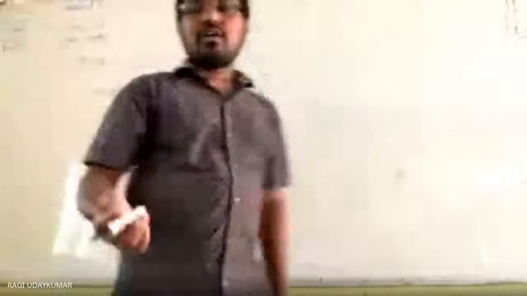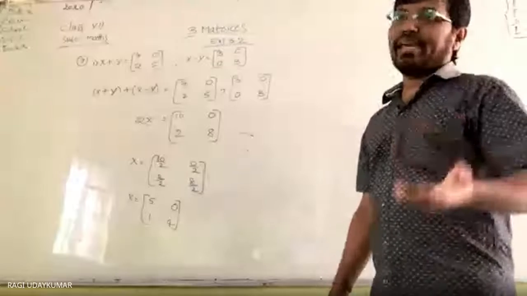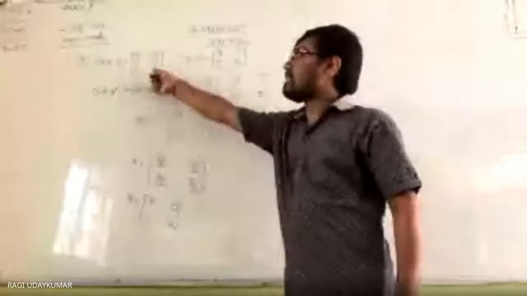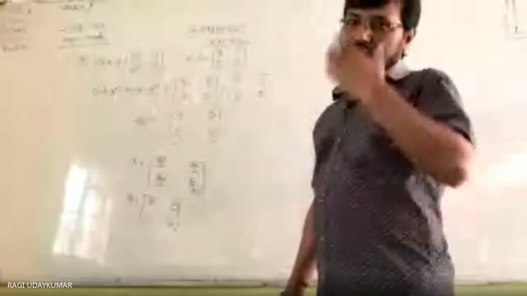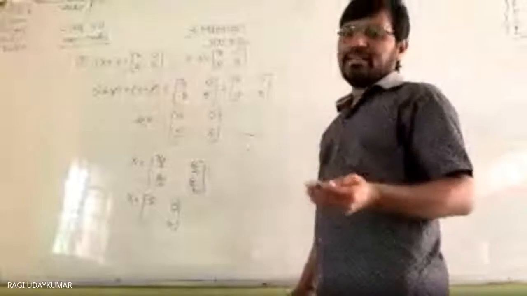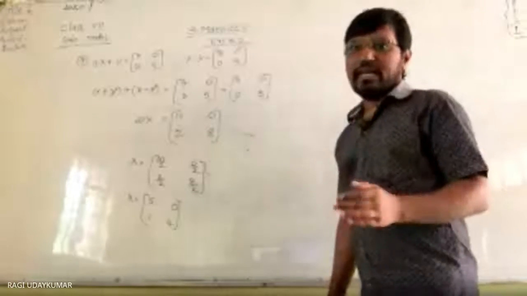In the same way, if you subtract both, then you are going to get y. x will be cancelled and you are going to get 2y. Or this x you substitute in this, then you are going to get y. Did you get my point here? To find out y, there are multiple ways.